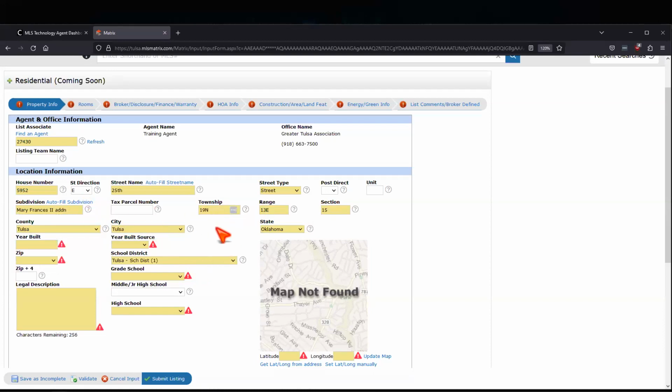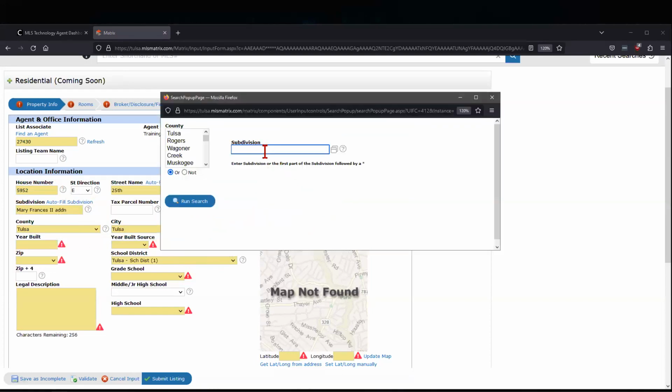If it's a property that doesn't have a subdivision, maybe you're selling vacant land, maybe you're selling something and it's just not within any subdivision, we do have a delineation for that. So when we hit autofill subdivision, again, we can pull up the search. What we're going to do is the county name followed by a space, the letters CO followed by a space, and unplatted. So in this case, since it's in Tulsa County, for example, we would do Tulsa CO, and now you'll see it's going to pull up that result, Tulsa space CO space unplatted. So the county name, space CO space unplatted for properties that do not have a subdivision,